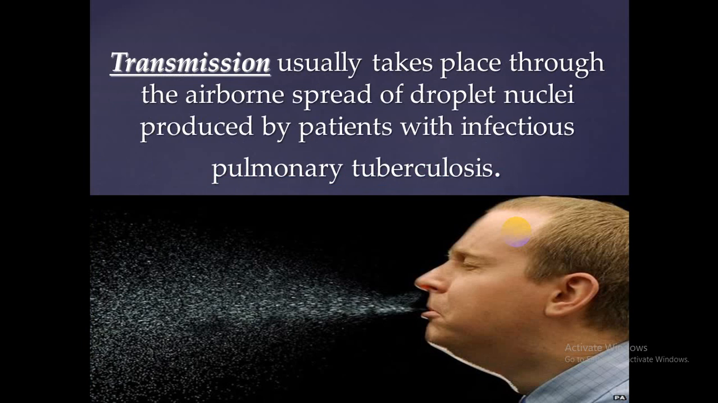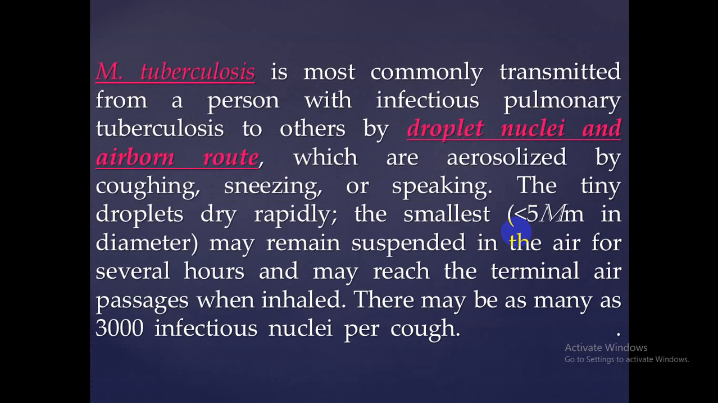How can we get TB? TB is a droplet infection. I mean, like COVID-19 nowadays, it is an airborne infection. The transmission usually occurs through airborne droplet nuclei, which are produced by the patient during sneezing, coughing, or even speaking. These droplet nuclei, which are small,